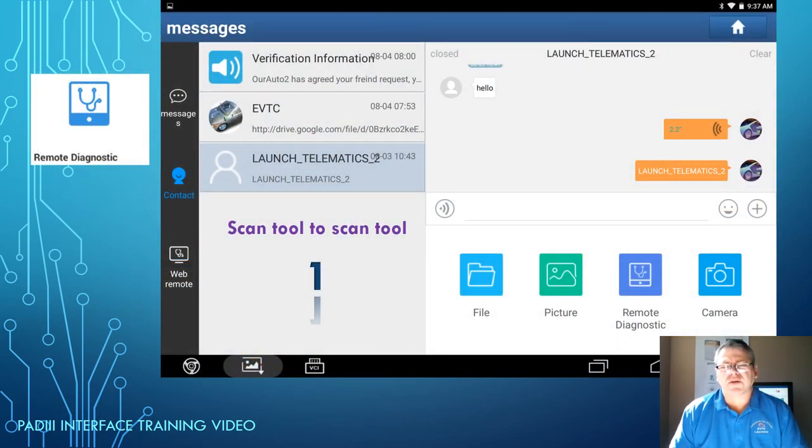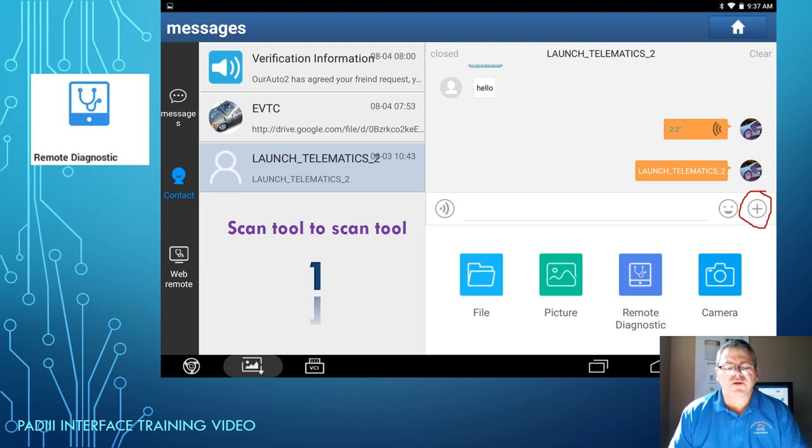First thing I'll talk about is the scanner to scanner. For scanner to scanner, you just enter this area where your friends are now. The messaging and contacts are in this area. So like before, you could contact the other scanner. You can actually add him as a contact and then send him a message. And by simply hitting the positive area here,